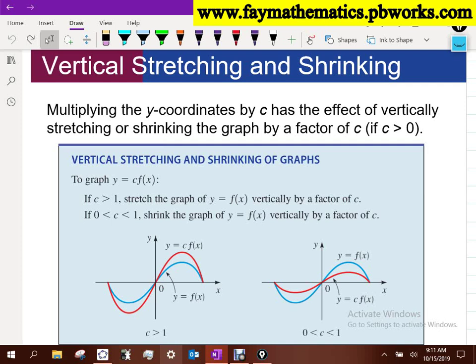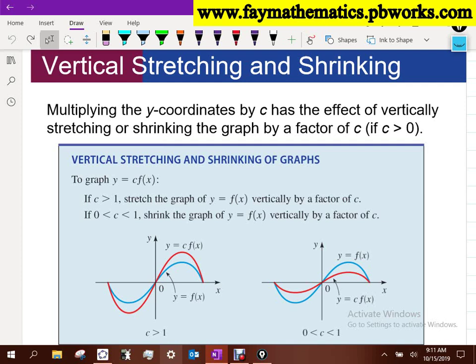And the behavior then, or the product of that for our graph, is that our graph gets stretched vertically, gets taller in the vertical direction. Okay. Now that's if c is greater than 1. Okay, because if c is greater than 1, you're making your y values larger numbers if they are greater than 1. Okay, or you're making them smaller values if they are